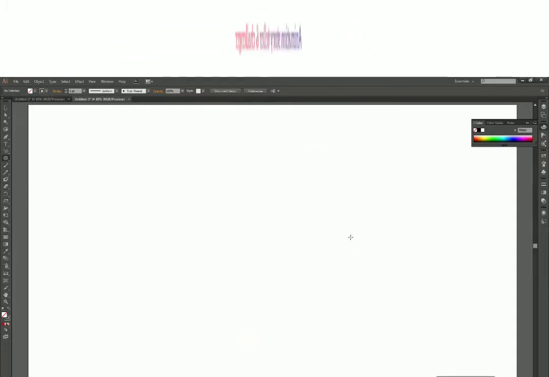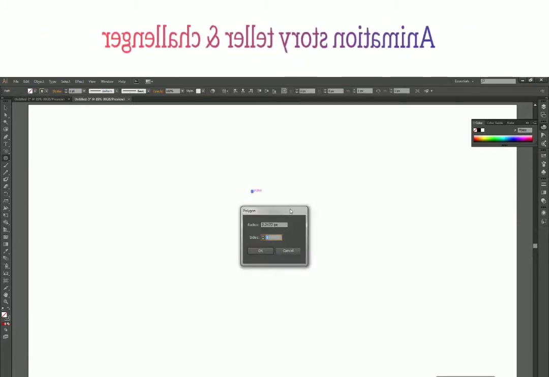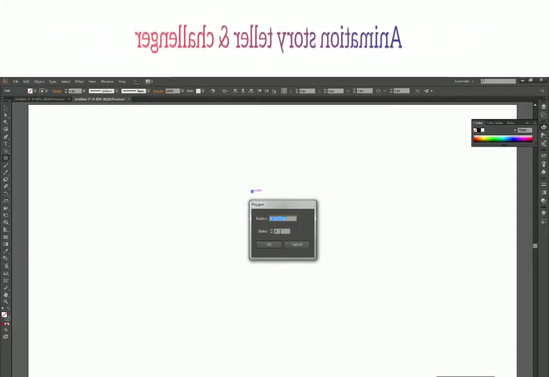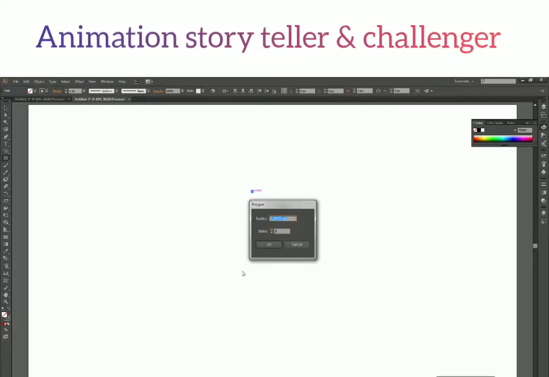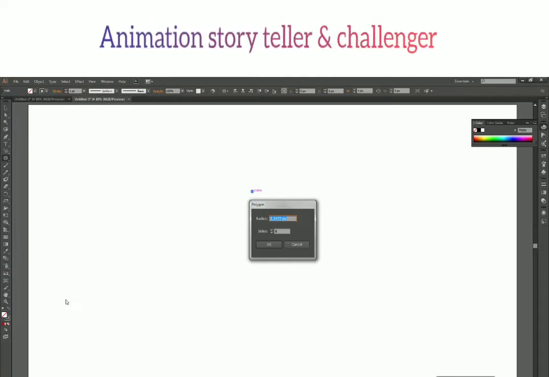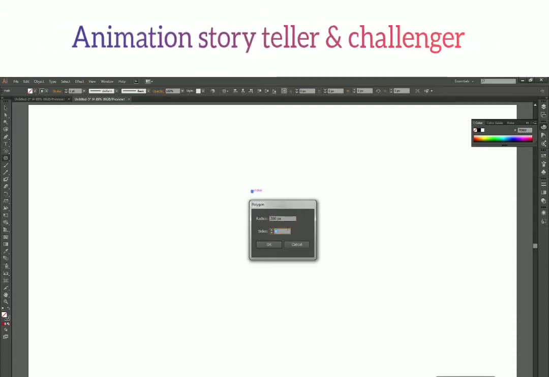Okay, so what other option keys do we have with the polygon tool? Before looking into that, let's double click on the artboard and see what options we get in the option window. There are two kinds of options. First is radius and second is total number of sides. So we can change the radius from 2 pixels. Actually 2 pixels is really small, so we can change it to 200 pixels. That will be big enough to see.